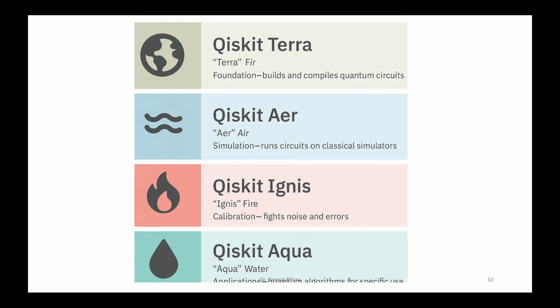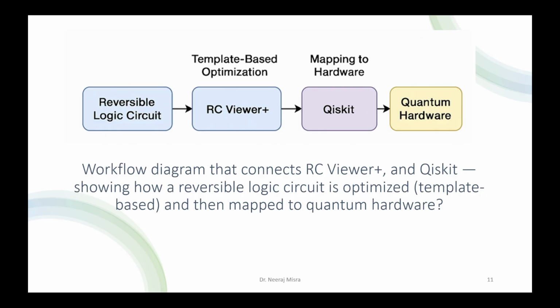Okay, so in this slide, I just give you the short form of all these layer descriptions. Terra is like building of quantum circuits, Aer is like simulations, and Ignis is to measure the noise and error. And Aqua is for application or algorithm development. So in this slide, we have seen how the